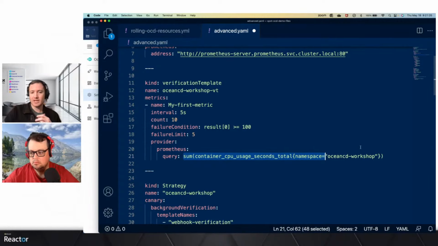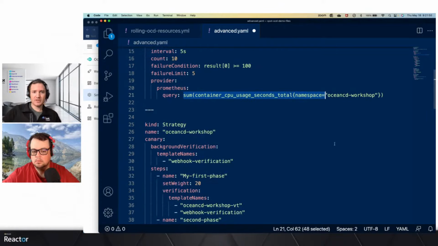So I can use my own metrics that I care about, something I'm already looking at on a dashboard and things like that. And I define success and failure conditions. The success and failure conditions are what is going to drive every single rollout, because if anything at any point doesn't look exactly how you expect it, we'll automatically roll back the deployment.